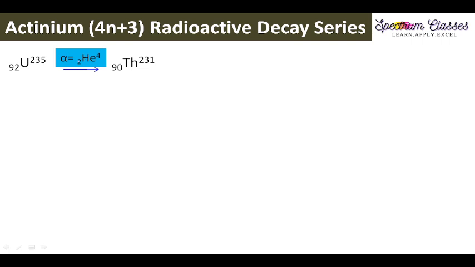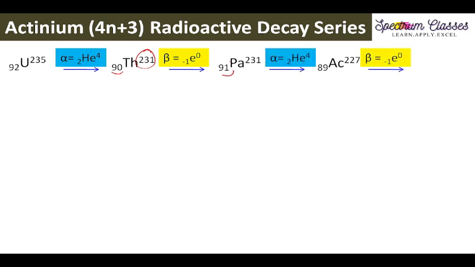So here on emission of an alpha particle, its atomic number decreases by 2, and its mass number decreases by 4. Right, so here you can see 92 minus 2 gives us 90, and 235 minus 4 gives us 231. Similarly, one beta particle disintegrates from this, and the next daughter element is this one, right? So here on emission of a beta particle, its atomic number increases by 1, but there is no change in the mass number. So in this manner, this radioactive disintegration series disintegrates.